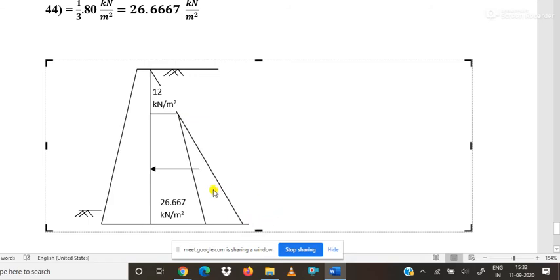Okay, this part is for the water table. The lateral pressure due to water is similar to the vertical pressure of water, and that is nothing but gamma multiplied by h. Now gamma of water is 10 and h is 4 meter, the depth of the water table. Total pressure is 4 multiplied by 10,